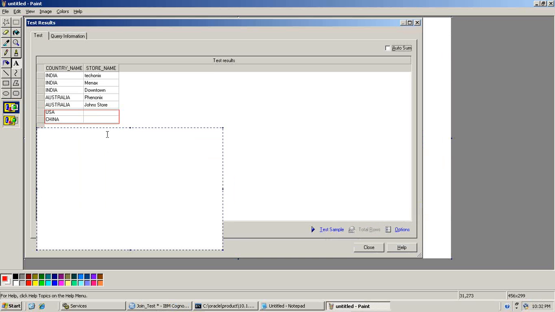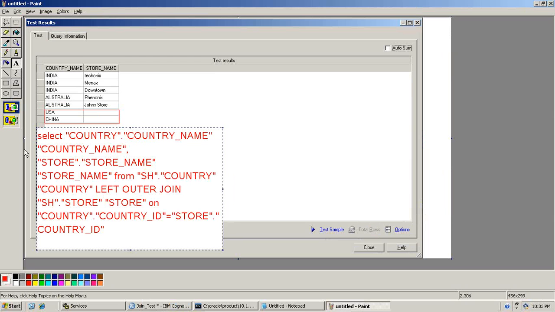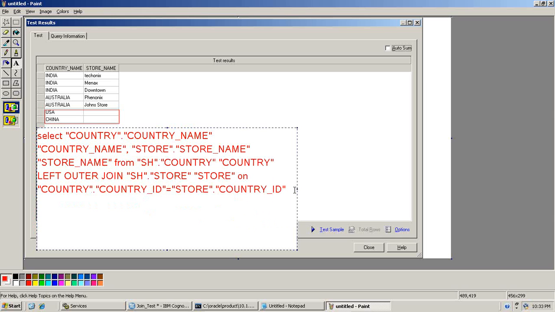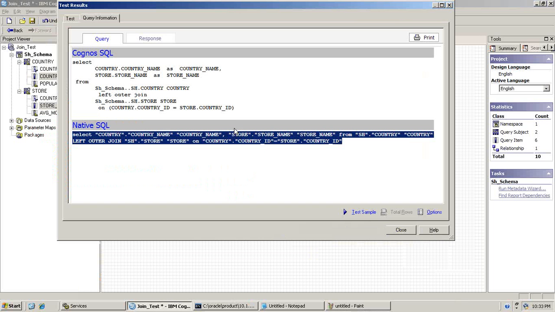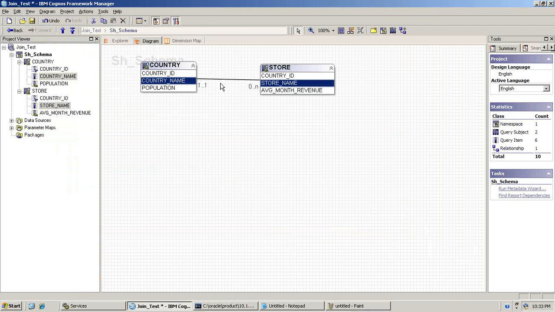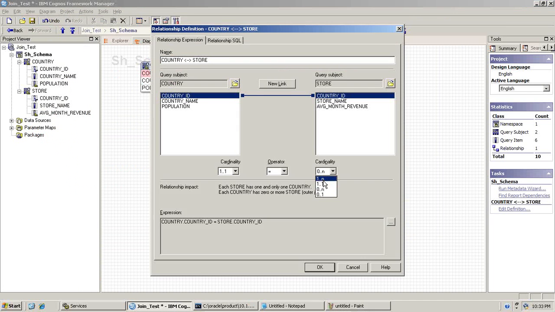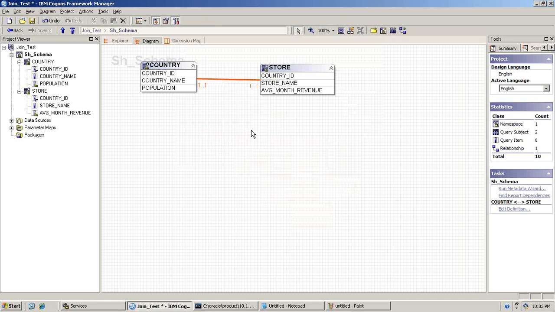Copy this query and paste over here, right? And the point which should draw your attention is join type, and you see my join type is left outer join, right? Now I go back and change my cardinality, 0 to 1 to, it is 0 to n. I make it 0 to 1 or 1 to 1 in both cases, and I reprocess the same query, list of country and the store,